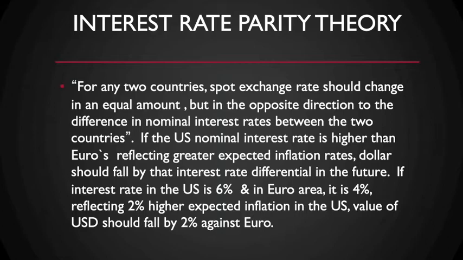So here, the spot exchange rate should change by an equal amount, but in the opposite direction, to the difference in nominal interest rates between two countries. This theory is called interest rate parity theory. Fundamentally, the exchange rate can be considered a function of interest rate differences in two different currencies. For example, you might know that the US dollar has about 2% or 2.5% interest rate on average